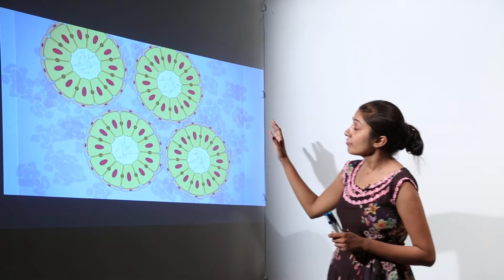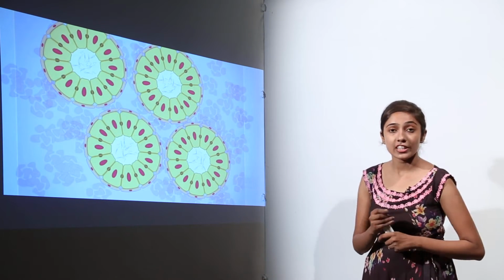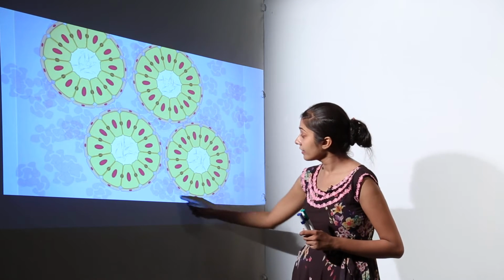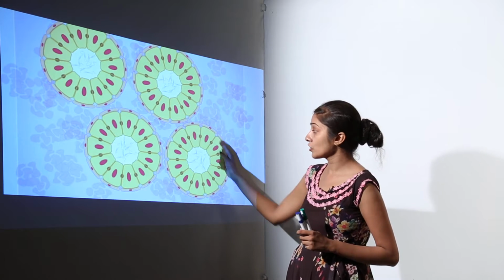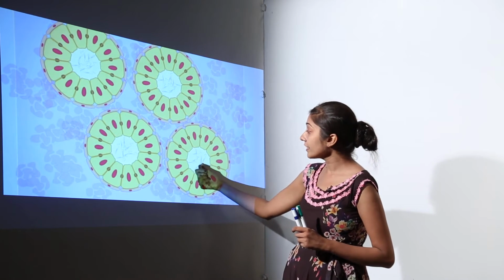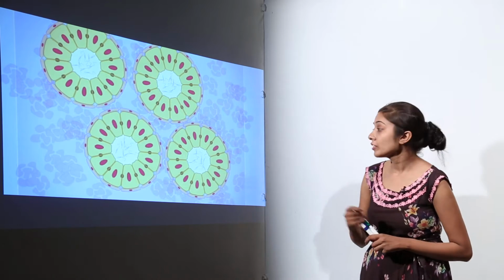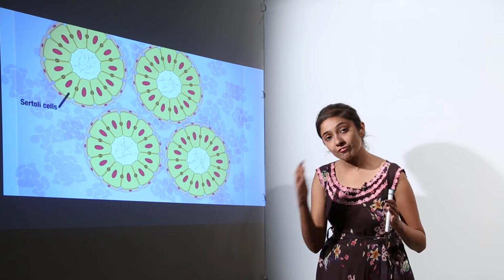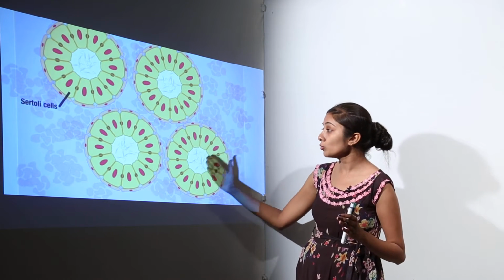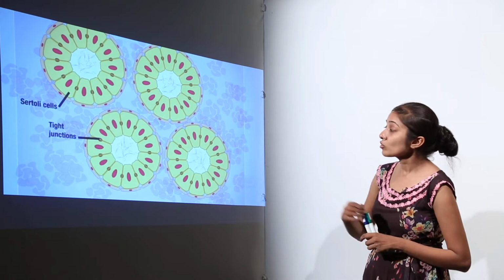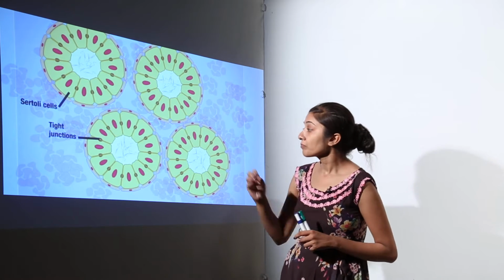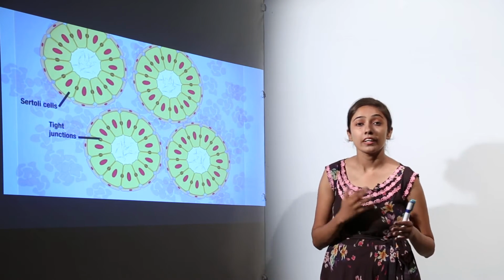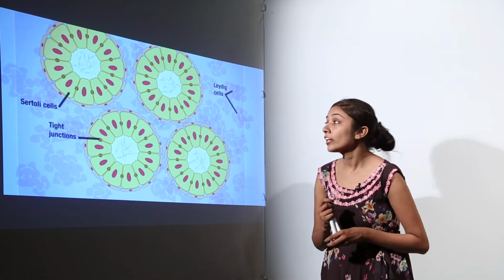So when you look at this view, the TS, transverse section of the testes, you will see it like this. This is actually a muscle layer, right. Here we have the large Sertoli or Nurse cells, and here inside the lumen of the seminiferous tubules, we have spermatozoa, right. So the spermatogenic cells, they are going to form finally spermatozoa that are there in the lumen of the seminiferous tubules. So the Sertoli cells or the Nurse cells, they are joined to each other by some tight junctions.